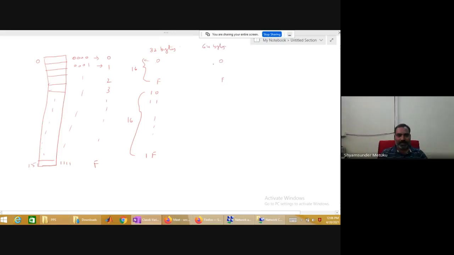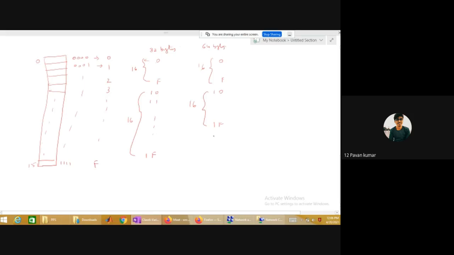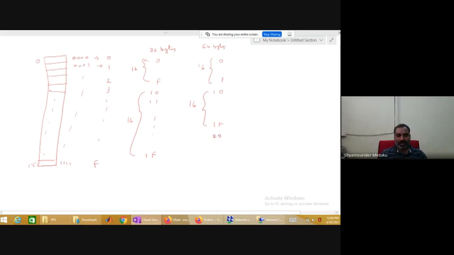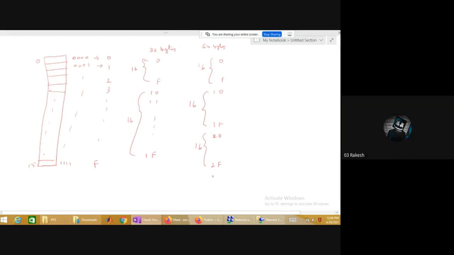0 to F will be 16 locations. 10 to 1F will be the next 16 locations. What next after 1F? 20 to 2F. After 2F, what comes after that? 30 to 3F.